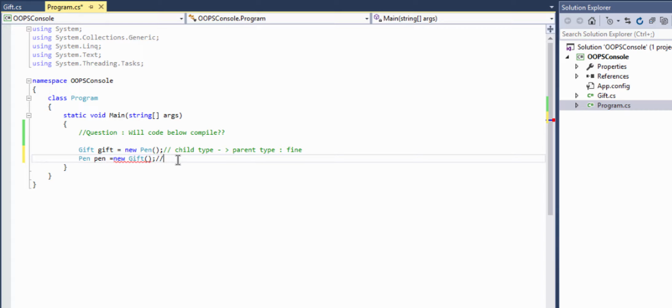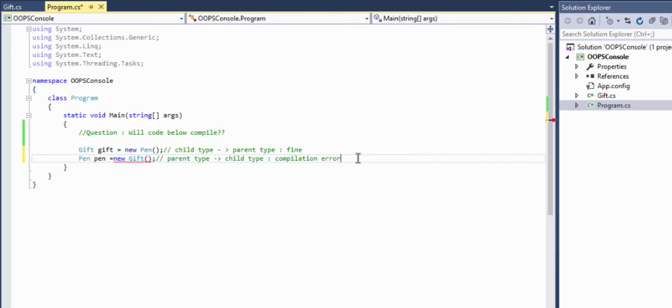Here we are doing the complete reverse. Here we are trying to put a parent type into a reference of a child type,